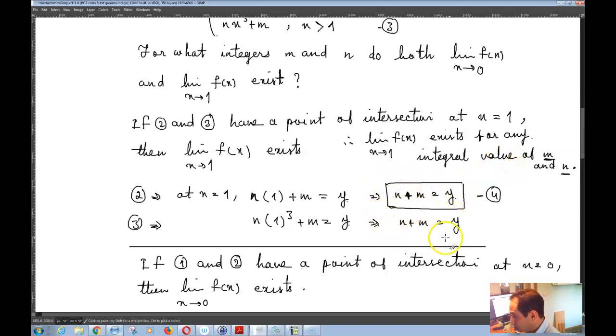when you have a system of equations in which the two equations are exactly the same, so what this means is that n plus m is equal to n plus m, which means that 0 is equal to 0. And that means that